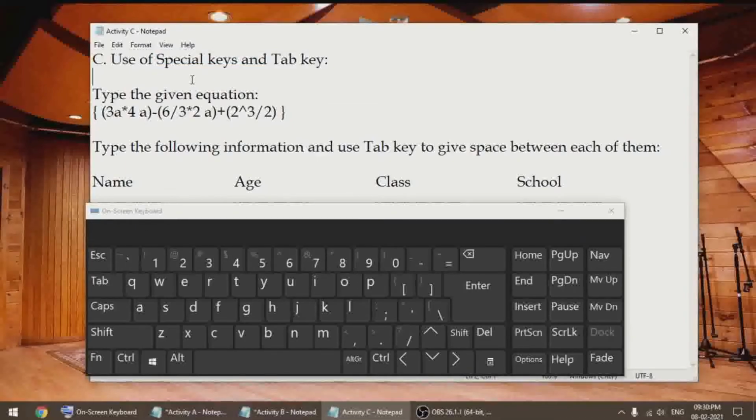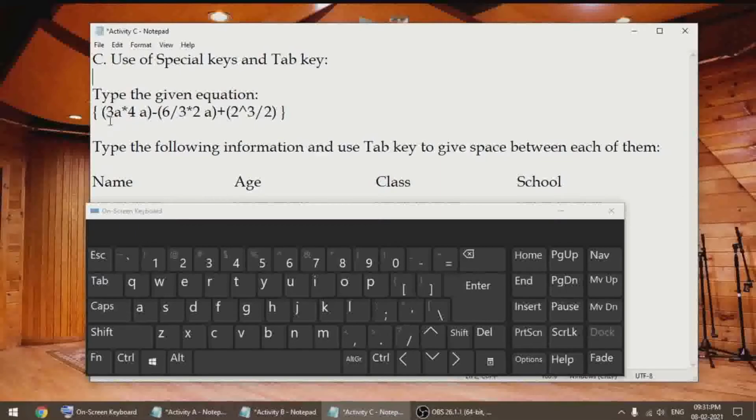Now just notice if I'm keeping my cursor over here, I'm pressing this key, I am getting only this symbol that is over here down. If I press this key, it is giving me the number 1. Same way for 2, 3, 4, 5, 6. You may want to know how to use the characters on the top of each key. Let us see how to do it.